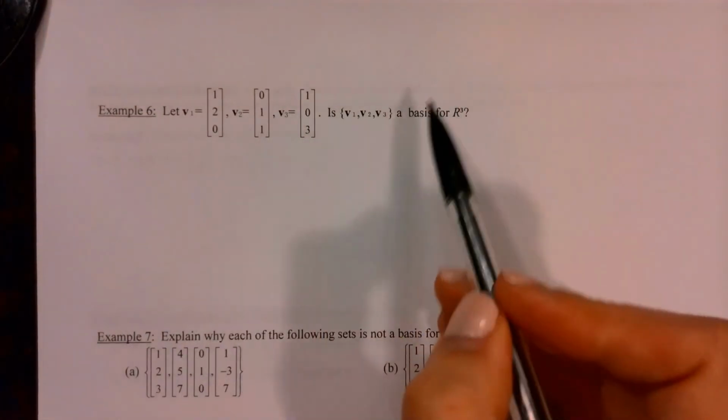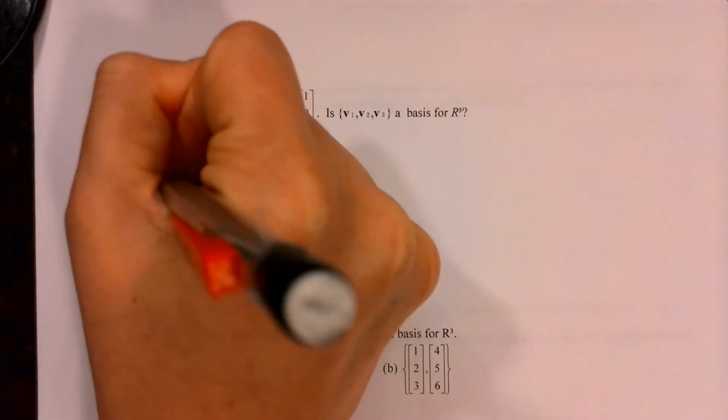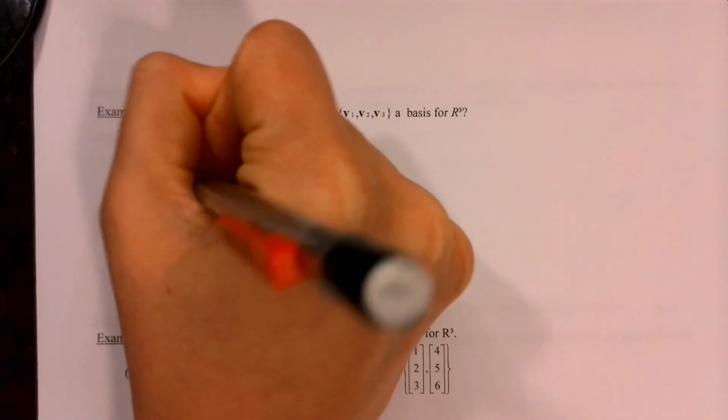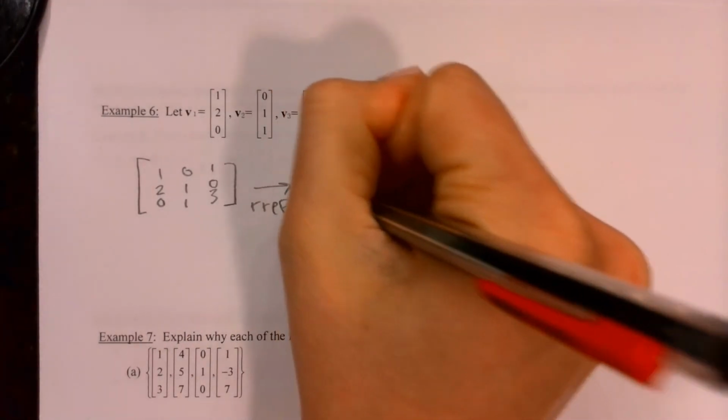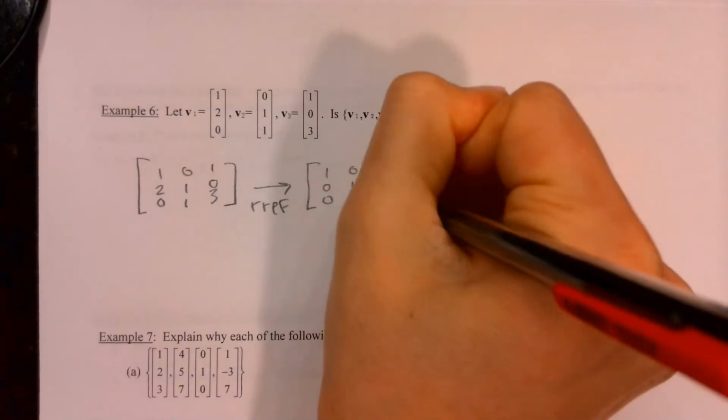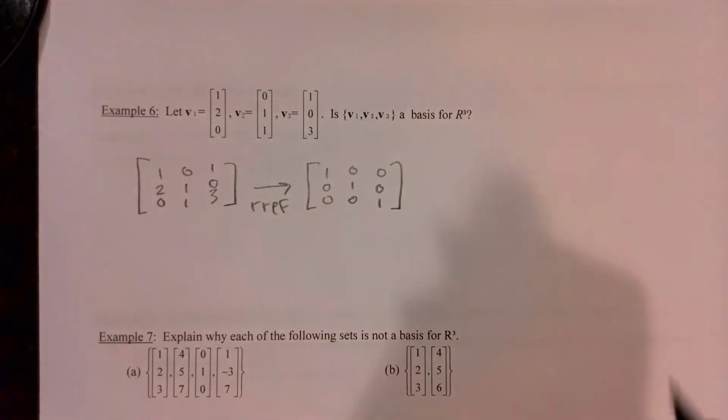So if I look at example 6, I see that I have 3 vectors, and we're asking, is this still a basis for R3? Okay, so if you want to pause here and go ahead and try this yourself, now is a great time. But if you still need a little bit more help, I'm going to put these vectors in a matrix. Because putting them in a matrix will tell me, 1, if I have a pivot in every column, and 2, if I have a pivot in every row. When I row reduce this in my calculator, you could also do it by hand if you want some practice, I am getting the identity matrix, which means that